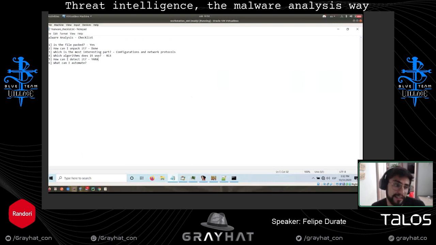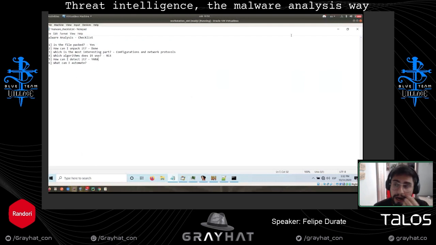At least this detection, the YARA rule that we created, is based on the unpacked sample, so we can detect unpacked samples, at least for Rencos, but if they are packed, we are not going to find any match, at least on disk. If the sample runs and it gets unpacked in memory, we are going to catch that sample in memory. So have that in mind.